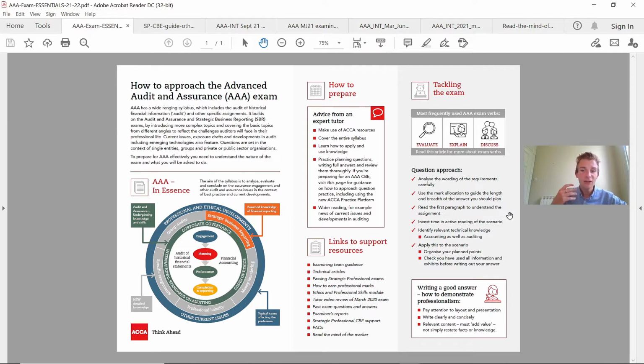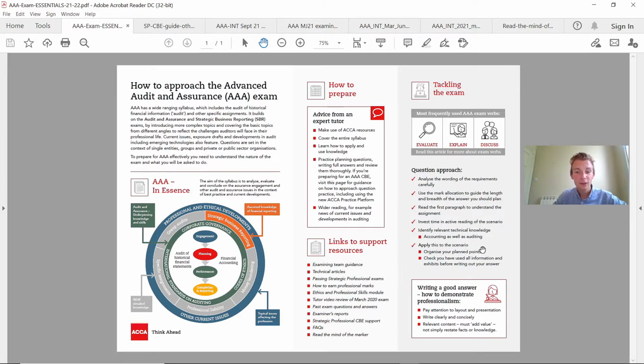So, how to actually go through and approach the scenario, understanding the requirement. One of the key tips as to why 2 in 3 students fail this exam is, one, they don't actually finish the paper, so bad time management, and secondly, they don't actually answer all of the requirement, what the marker is looking for. So a 10-mark question, they may only answer 4 out of the 10 marks. Well, if you answer 4 out of the 10 marks, the maximum you can get is 4, which even if you got it all right, is still a fail. That's 4 out of 10, 40%.